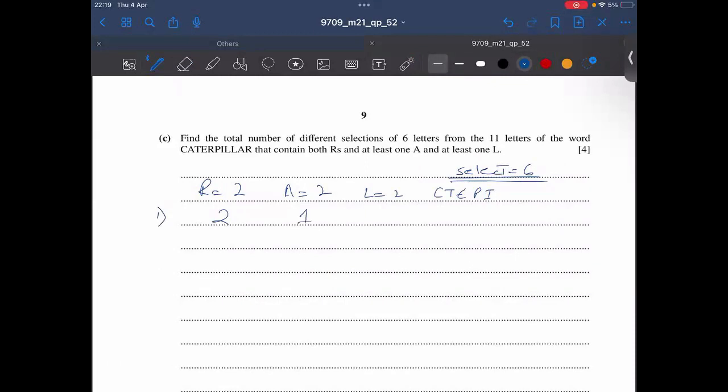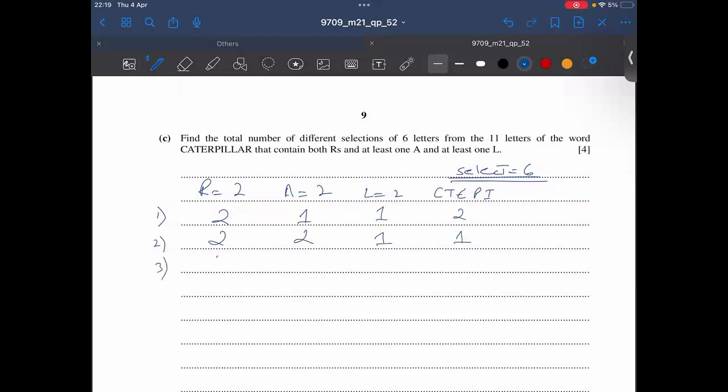एटलीस्ट 1 A का मतलब है एक A ले लेते हैं अभी, और एक L ले लेते हैं, और अभी आपके पास टोटल 4 होगा, तो 2 इसमें से आ जाएंगे, ठीक है ना। कौन से 2 आएंगे वो दैट डजेंट मैटर, बट 2 आएंगे इनमें से, कोई भी 2 आ सकते हैं। अच्छा, R आपने 2 ही रखने हैं। अब A आप 2 कर दें, L आप 1 ही रखें, फिर इसमें से एक आएगा।